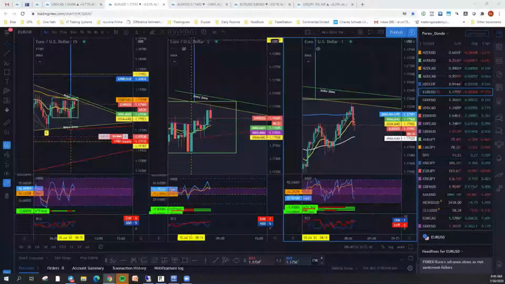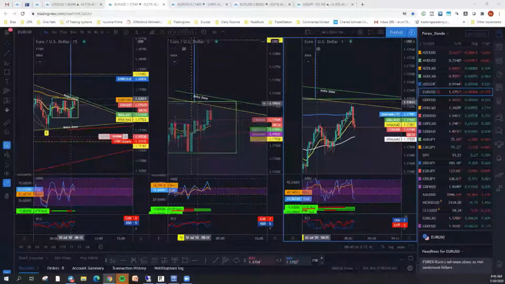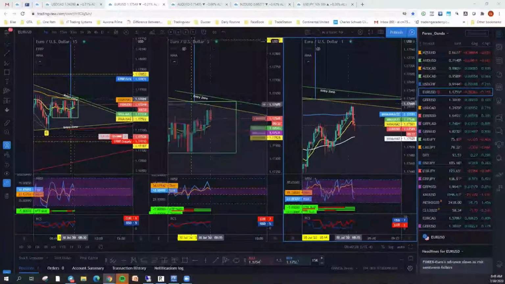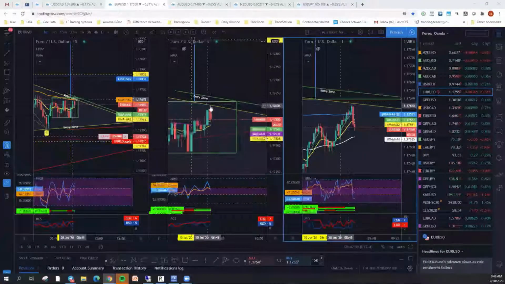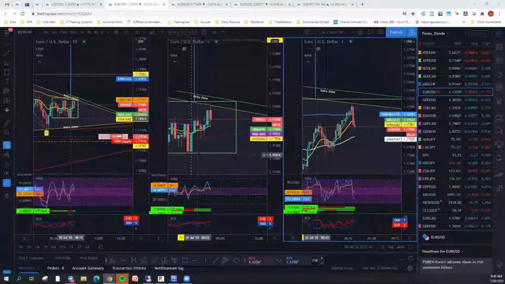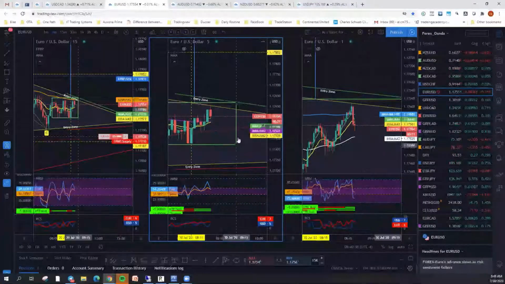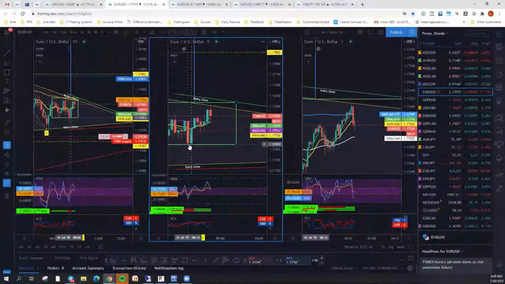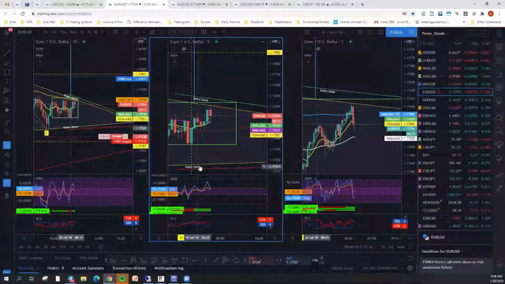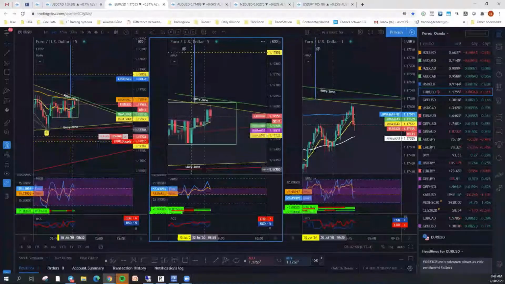That's the Euro US. You can see where it came right up to the top of the wedge, tagged it, couldn't close above it. And so now it's going to come down, it's going to be playing around. But you see right now it's in the upper part of our box, so to speak. It's still going sideways, but it hasn't broken through the bottom, hasn't broken through the top. Once it breaks through the bottom of the box, then we have a good chance that maybe it's going to come down and keep on going.